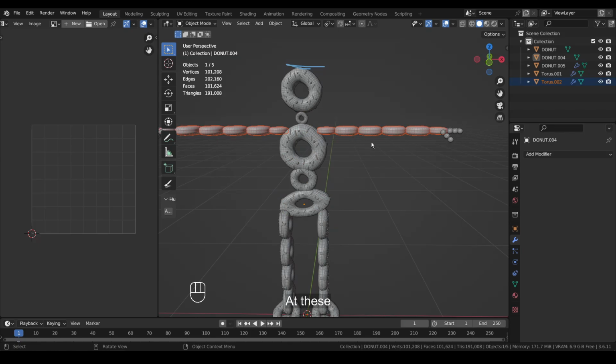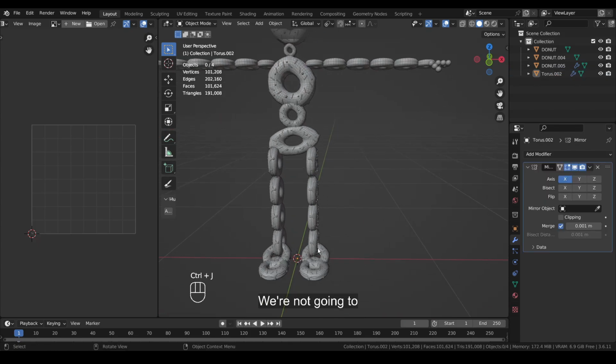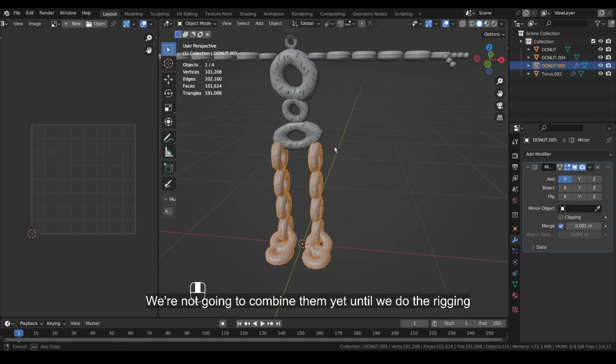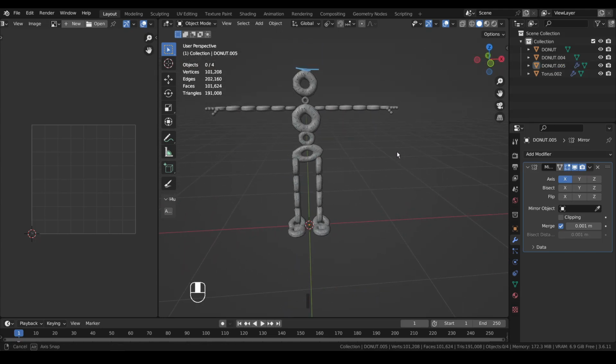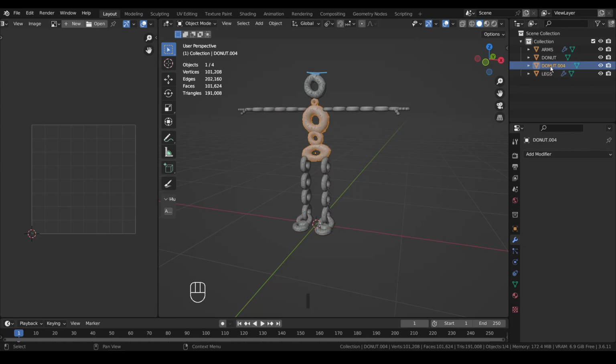These are mirrored, so we're not gonna combine them yet until we do the rigging. Just call these arms for now. Legs for now. Body. Well, let's call this